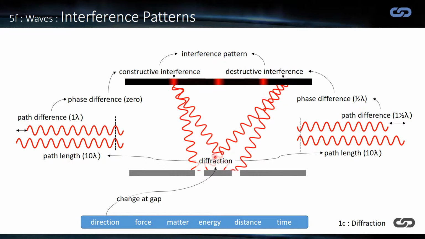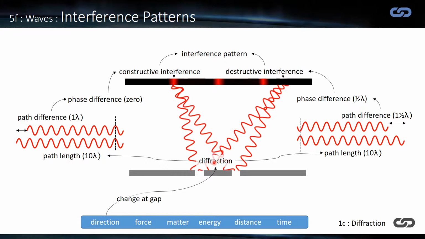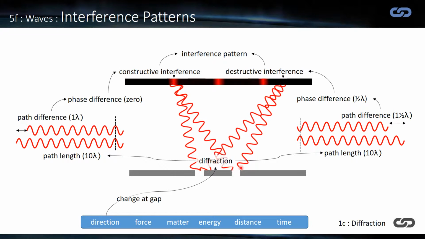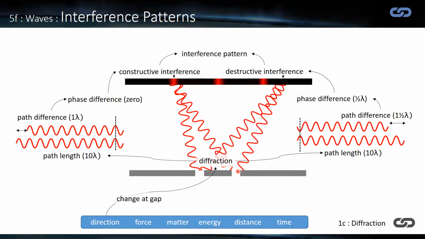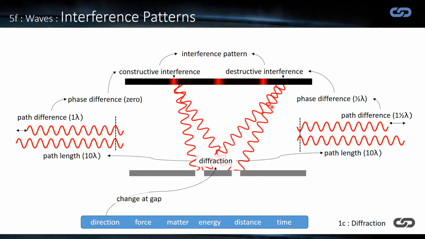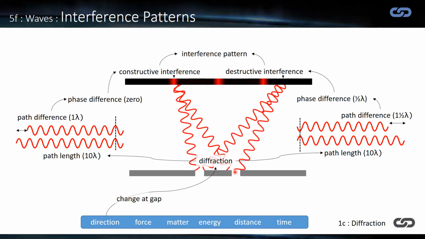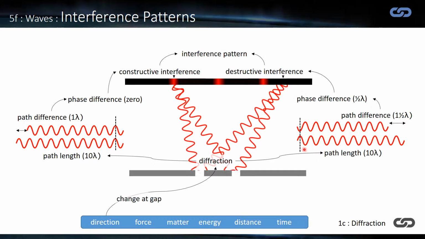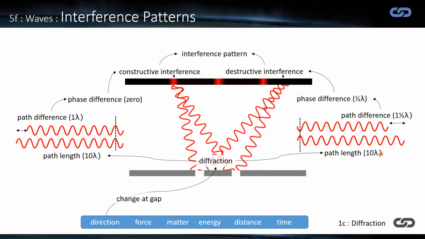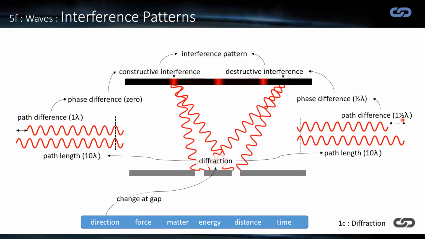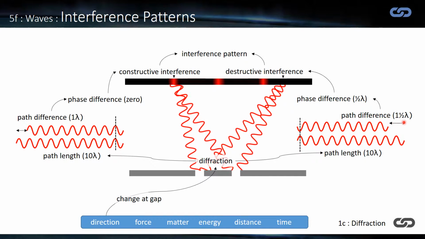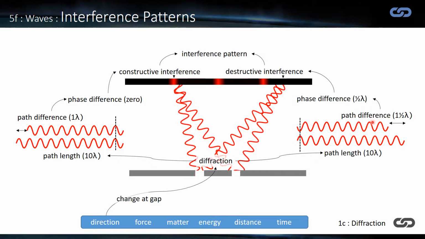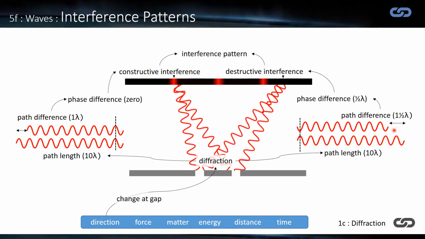Now, just for reasons of saving space, we've looked at our destructive over on the right here, but many of the principles are the same, although the outcome is the opposite. So we've got a certain length here along this angle from this slit, and we have another length here. Now this time the path length here is 10, and here it's 1.5. Now it could be 20.5. It's the half that we're interested in, so the path difference is 1.5, which we can see there, but here